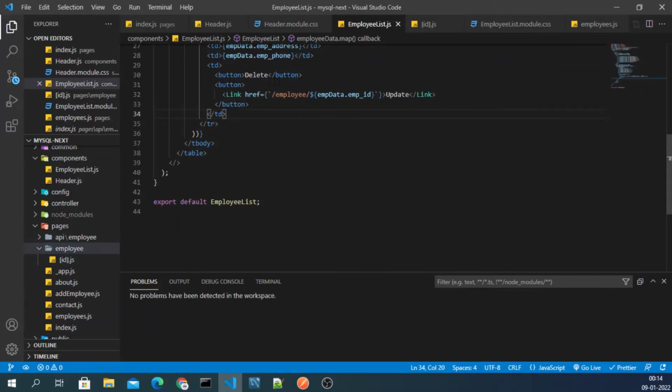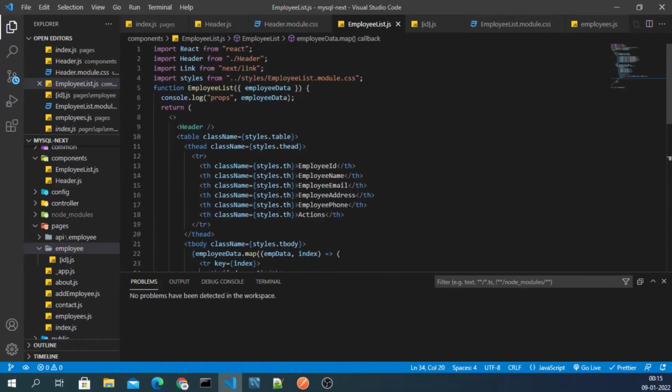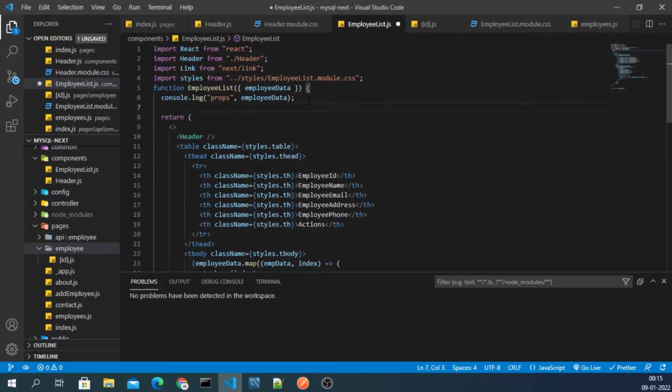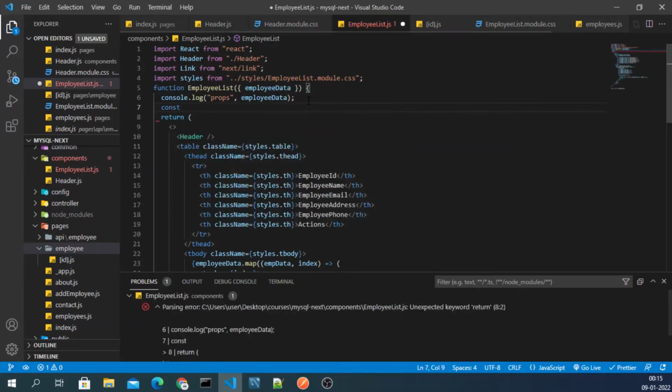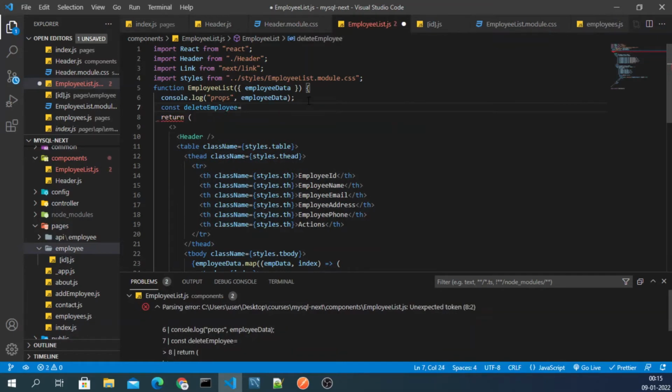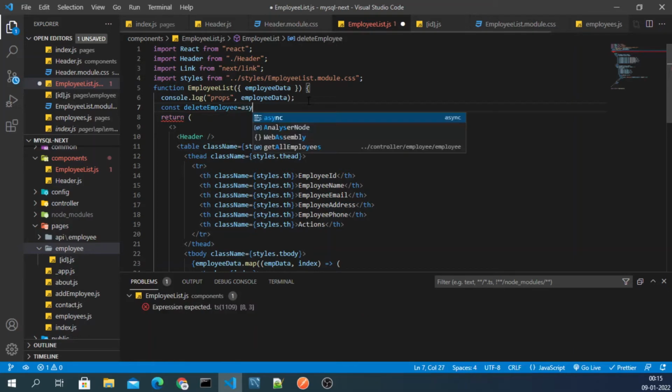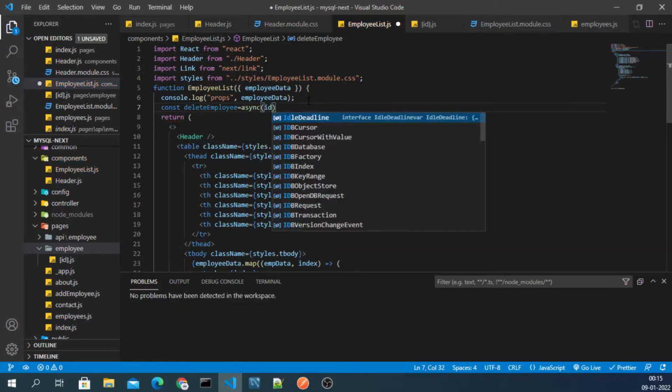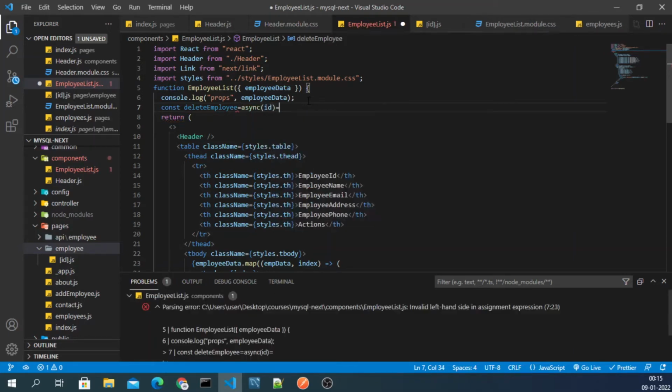And then we have delete. For delete, we first have to make a function here, just below. We will use const deleteEmployee, and it will be async, and we need to pass the id to delete an employee.